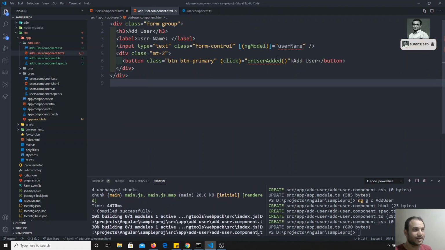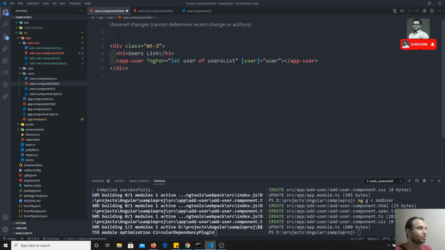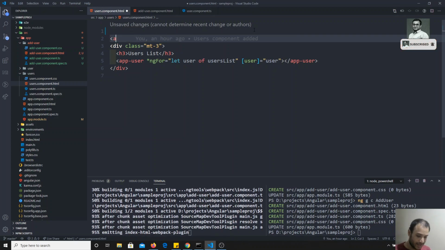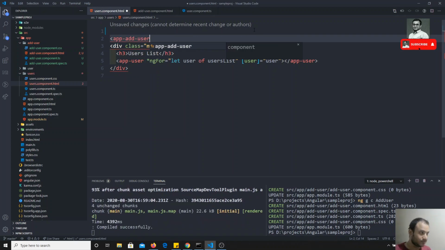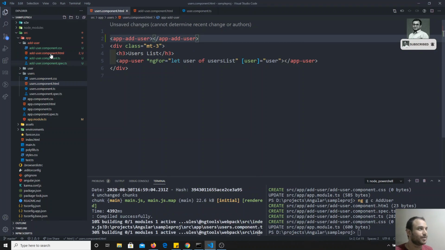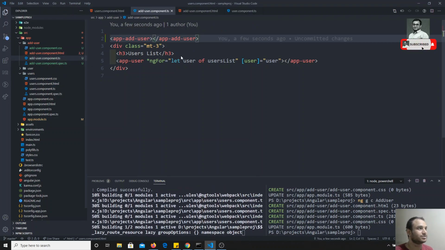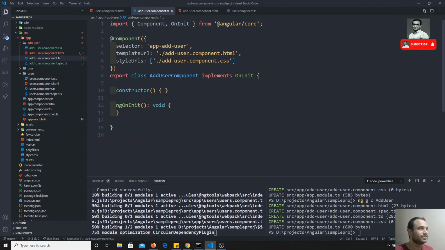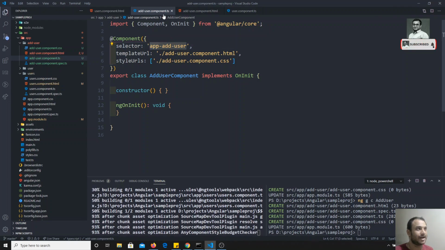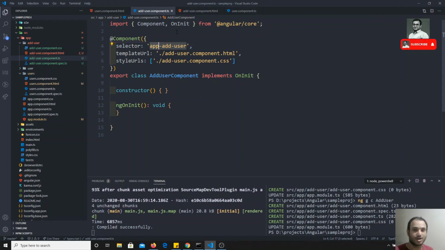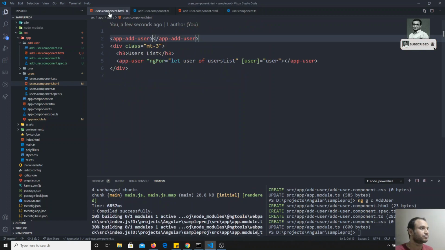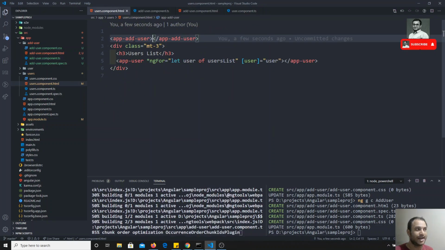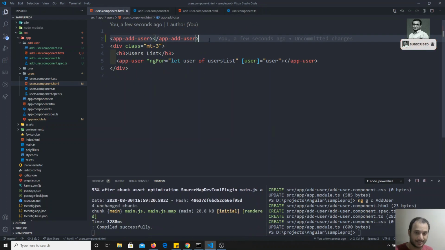So we will add all of this. Here I will use app-add-user. So this is the component name we will have. If you want to see the component name, you can see it directly in the add-user.component.ts file. Now we have added add-user as a separate component.